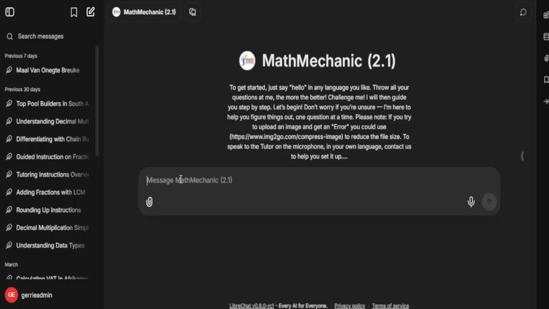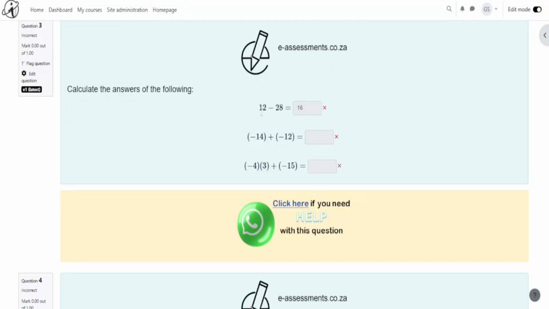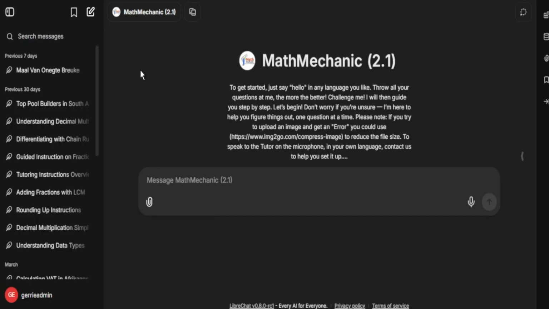So do any of you want to give me the wording of the question? Let's take that 12 minus 28, but how would you actually type it in for the AI in words? Is there anybody who wants to give it a try? Just give me the normal English that you want to ask. Assuming that question is wrong now. 12 minus 28 is equal to 16. It was marked wrong. So now I want to ask the AI to assist me with that.